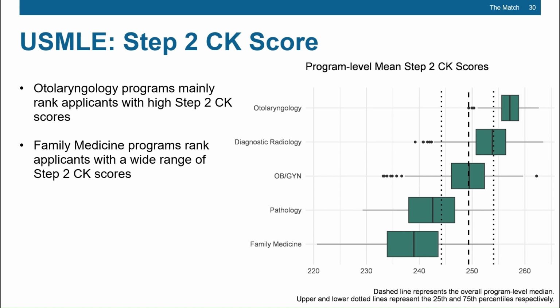In contrast, family medicine programs rank applicants with a wide range of Step 2 CK scores, with program means tending to have lower mean scores compared to the other 4 specialties presented here. For example, about 3/4 of family medicine programs have a rank list with an applicant mean Step 2 CK score under 244.